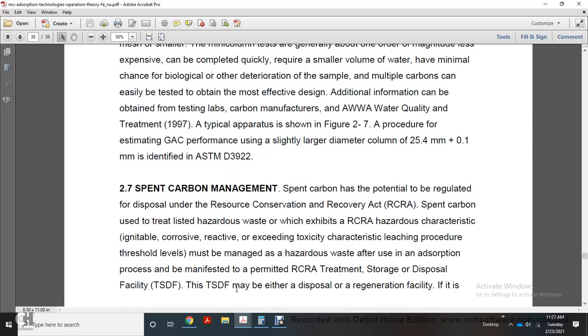Spent carbon management. Spent carbon has potential regulated disposal under the Resource Conservation and Recovery Act. Spent carbon used to treat listed hazardous waste, or that exhibits the Resource Conservation and Recovery Act hazardous characteristics of ignitability, corrosivity, reactivity, or toxicity characteristic leaching procedure threshold limits, must be managed as hazardous waste after use in the adsorption process, with manifest to a permitted Resource Conservation and Recovery Act treatment, storage, and disposal facility,